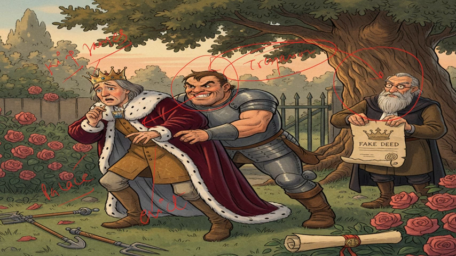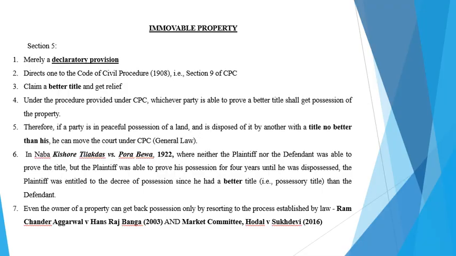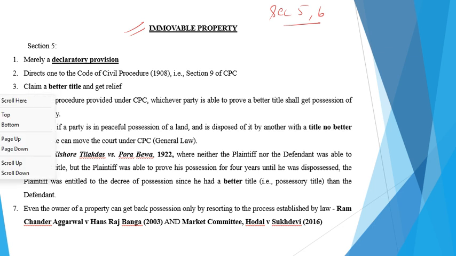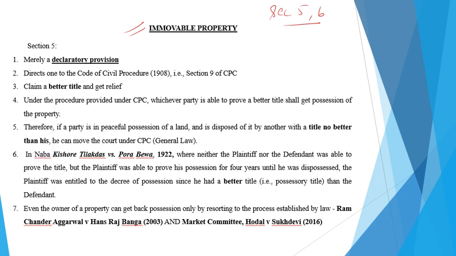That is a question which comes to everyone's mind. To answer this question, we will be talking about section 5 and 6 of SRA, which specifically talk about immovable property. This section 5 of the Specific Relief Act provides us the remedy in terms of